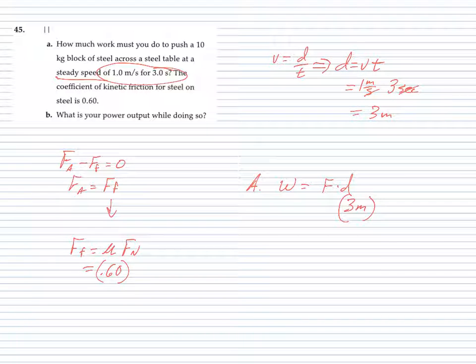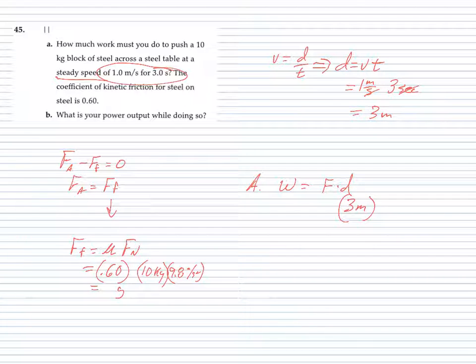0.6. Force normal, since it's on a horizontal table, is the weight of the block, and weight is mass times gravity, so it's 10 kilograms times 9.8 meters per second squared. So that's going to be my force of friction, and let me grab a calculator. Alright, I'm back. I'm going to punch all this stuff in my calculator. 0.6 multiplied by 10 multiplied by 9.8, and I'm going to get